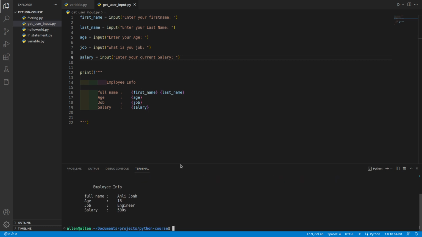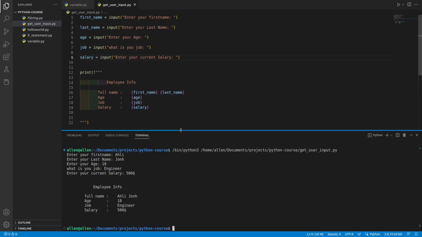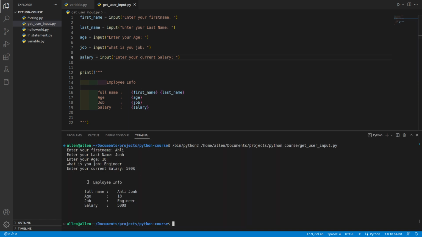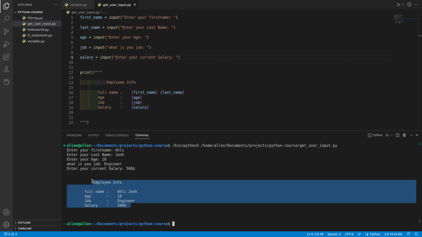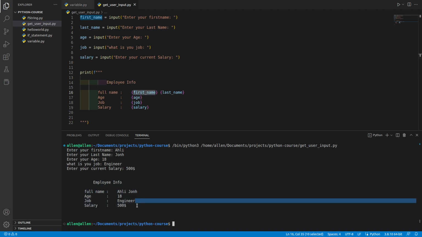So after we input all our data, the program will take the data from the user input and display it over here as we formatted in this program, like this: for full name, first name plus last name, and age equals age, jobs equals job, salary equals salary. As you can see here, the format here